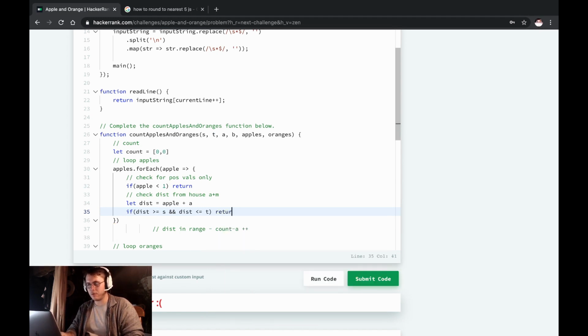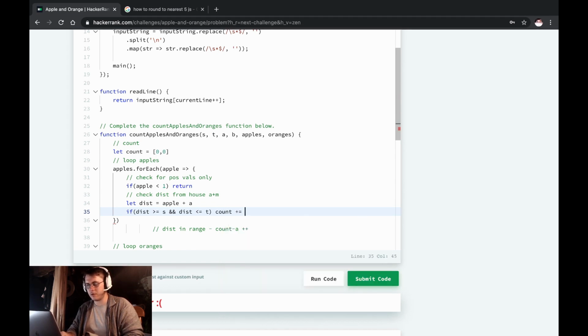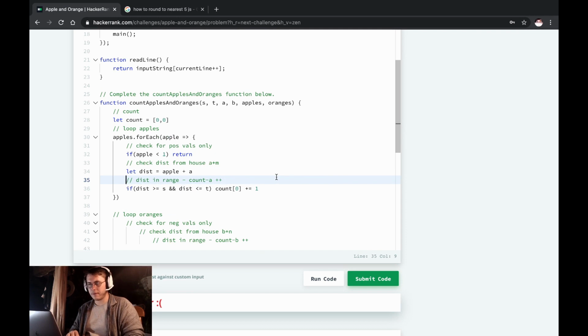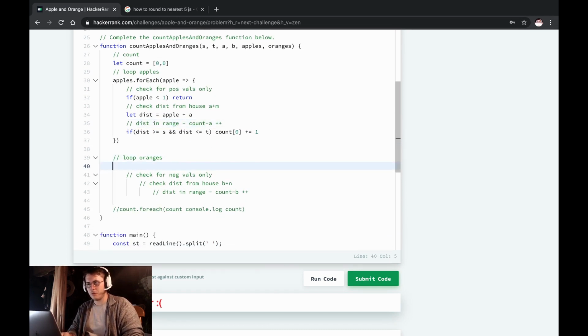Then we would count plus equals, and this would actually be count A. Count A plus equals 1. Alright, that's pretty much all of that. And then the same thing for this one, loop oranges. We say oranges dot forEach